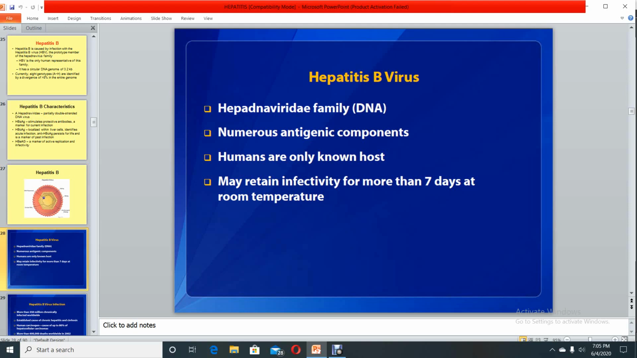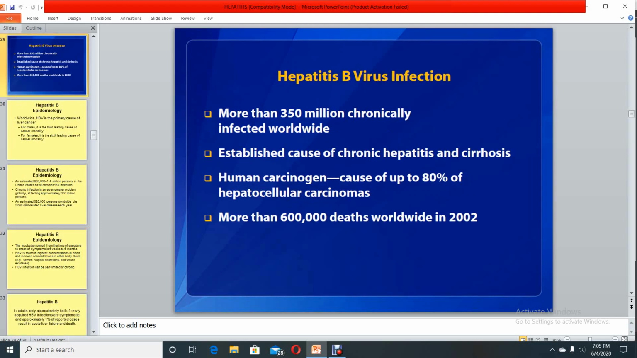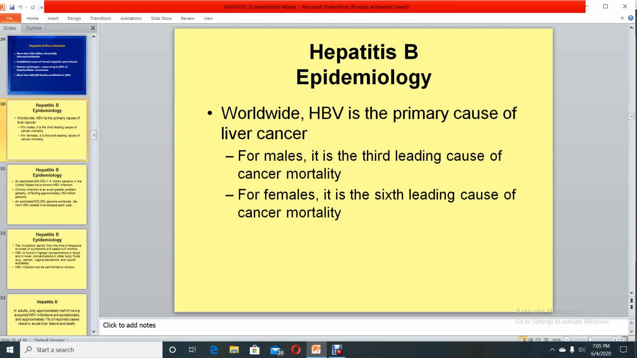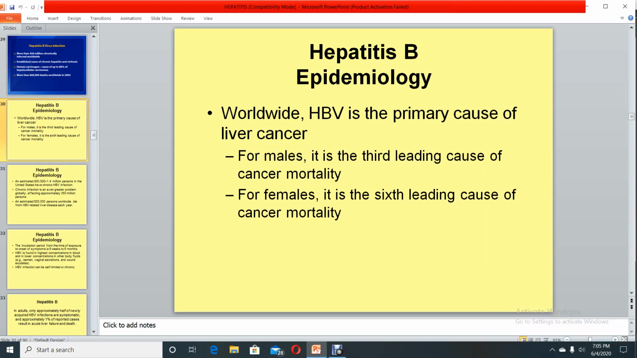And humans are the only known host, just like hepatitis A. It can present as an acute infection, the same as A. But the important thing about the hepatitis B virus is that it is the primary cause of liver cancer. इसमें खास बात है, वो याद रखिएगा, ये साइलेंट होता है हमेशा, ये टाइम लेता है, बहुत टाइम ले लेता है,